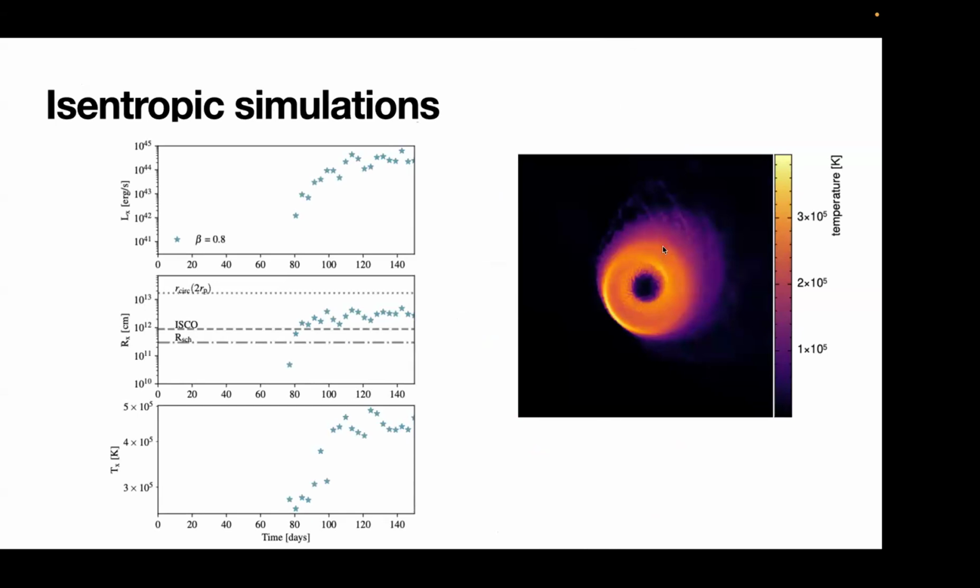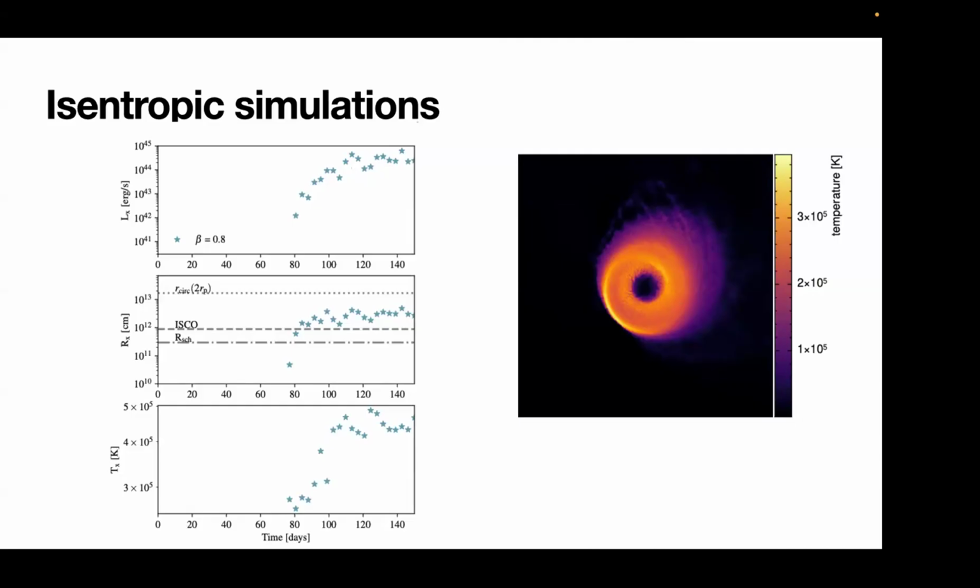On the right-hand side, we show a plot where the disk forms around the black hole. So there's a black hole here at the center, and there's a disk formation around it. We can see that the maximum temperature lies around 10 to the 5 Kelvin, which is what we expect for soft X-rays. We again did light curve analysis on this simulation and found that the luminosities in X-rays would be about 10 to the 44 to 10 to the 45 ergs per second, which is what people usually detect for these